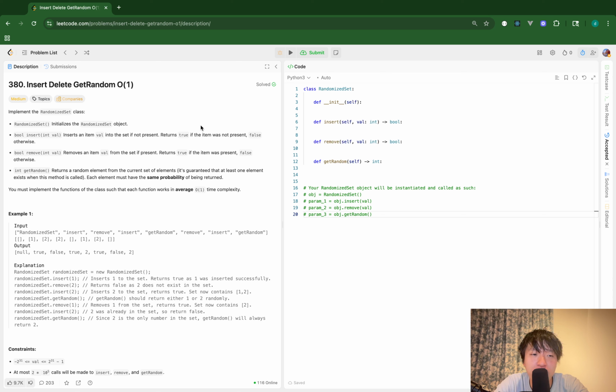And for the remove method, okay, let me quickly implement the GetRandom method because this is much simpler. Okay, I use the Python function random.choice, and I pass the bars list. Good. Now I implement the remove method. If the value is not in the collection, I just return false. And if it exists,